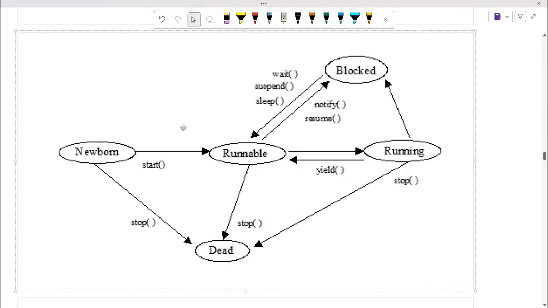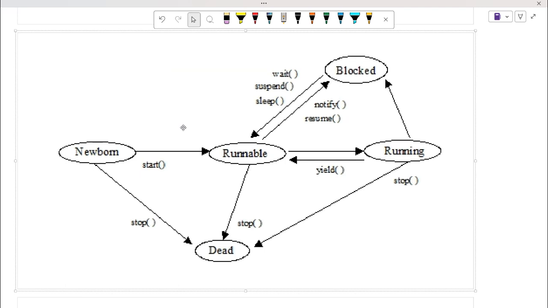So as we said, newborn, if it's going towards the runnable state, it has started to grow, it has started to evolve. It goes into the runnable stage. In the runnable stage, you want to put your things into action, like running, performing something. Then we have the yield task. But if you want to rest or wait, if you want to stop performing anything or execution at that moment, then you have the concept of